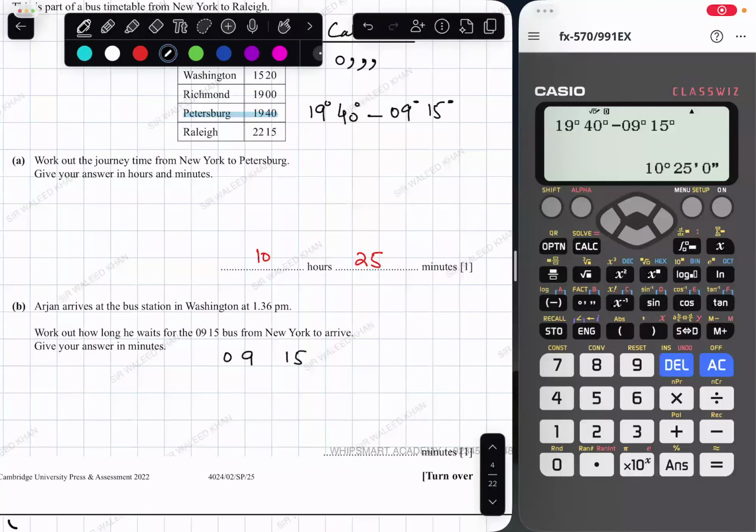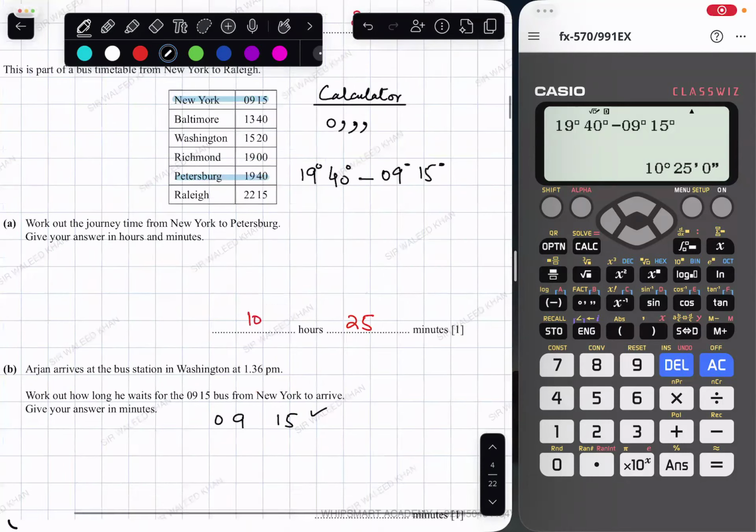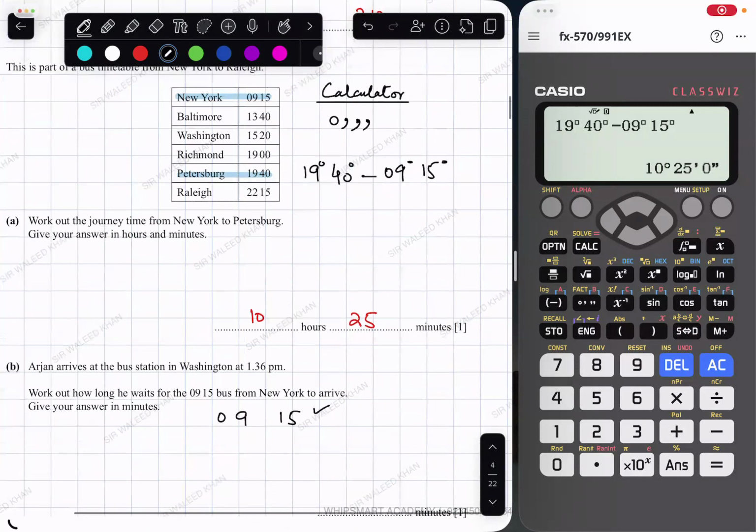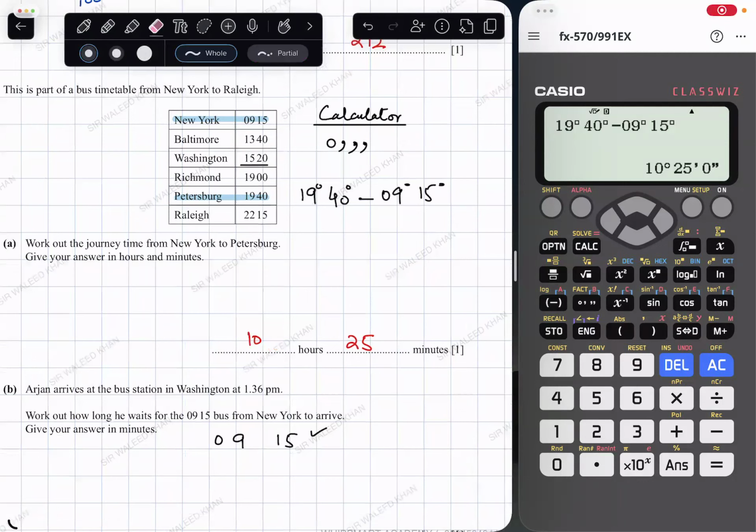And Arjun arrives at the bus station in Washington at 1:36 p.m. Now this time format is in 24 hours, and this one over here is 9:15. So Washington, where is Washington? 15:20 over here. So he arrives at